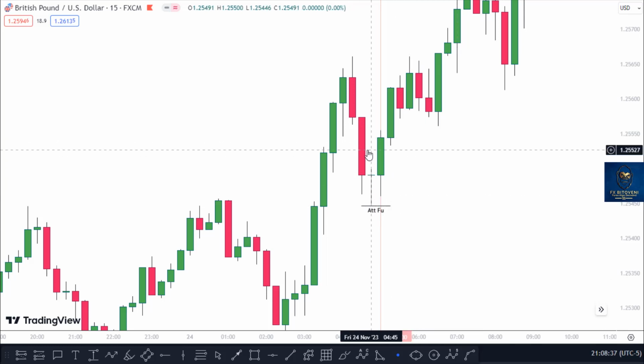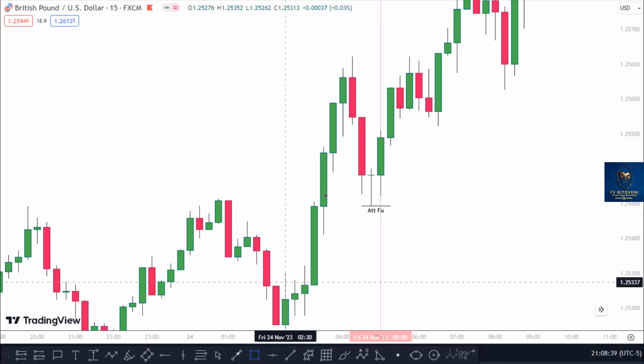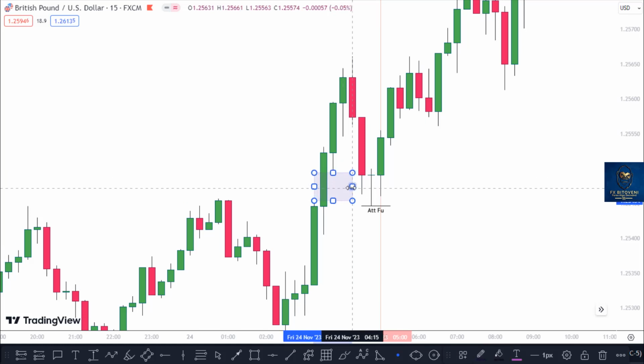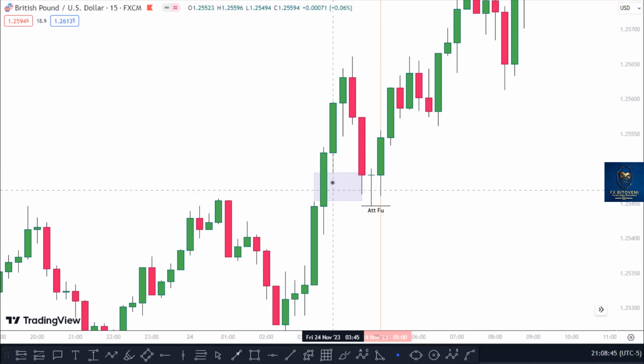So is price manipulating after trading within this gap? You can see that void. I mean a fair value gap. You get the point, right? So here,